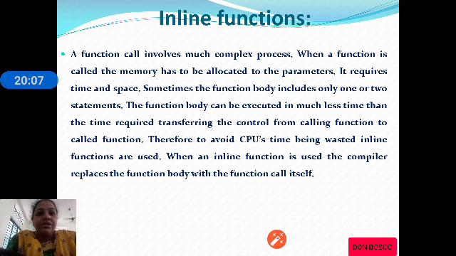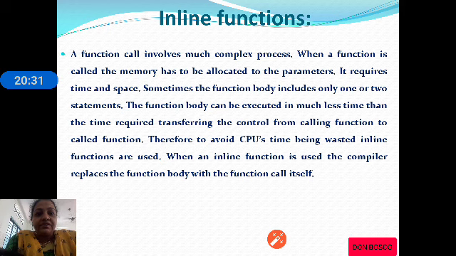Sometimes the function body is just one or two statements. So the function body can be executed in much less time than the time required for transferring the control from the calling function to the called function. Therefore, we can avoid the CPU's time being wasted by using an inline function.